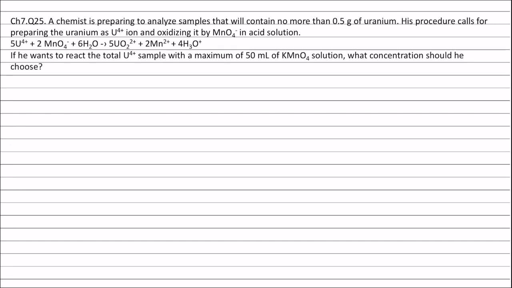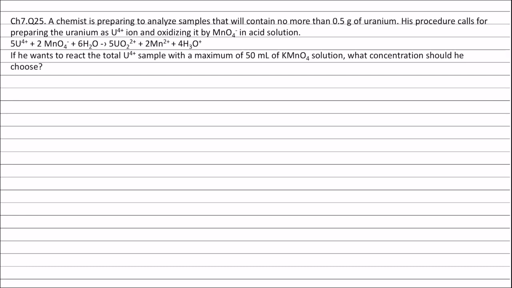The reaction is given as 5U4+ + 2MnO4- + 6H2O forming 5UO2 2+ + 2Mn2+ + 4H3O+. If he wants to react the total U4+ sample with a maximum of 50 milliliter of KMnO4 solution, what